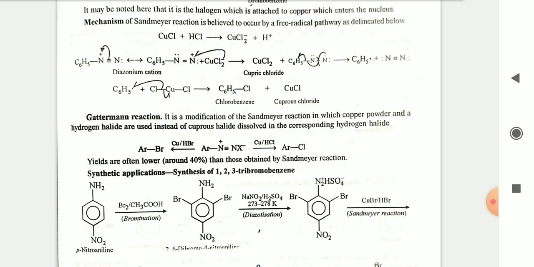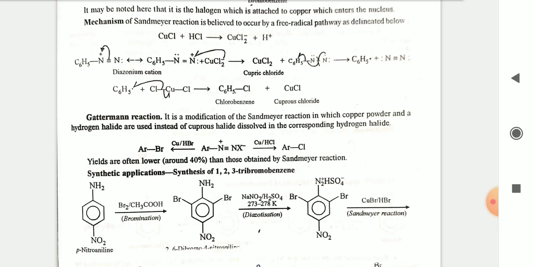Synthetic application. Synthesis of 1,2,3-tribromobenzene. P-nitroaniline in the presence of bromine and CH3COOH will give 2,6-dibromo-4-nitroaniline. In the presence of NaNO2 and H2SO4 at 273 to 278 Kelvin, it will give the benzene ring with bromine,